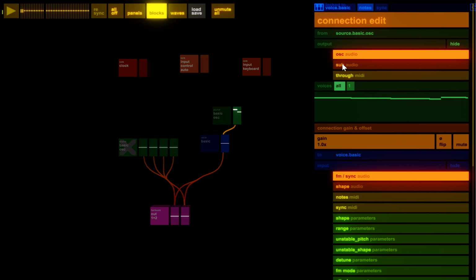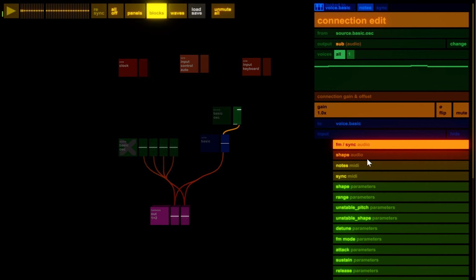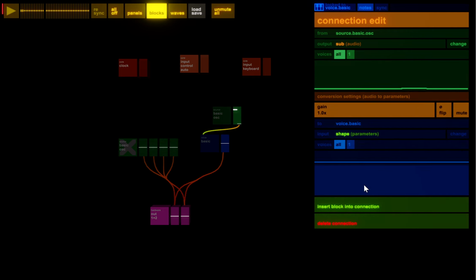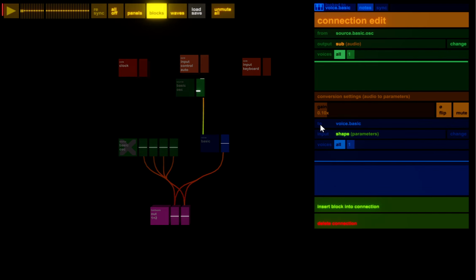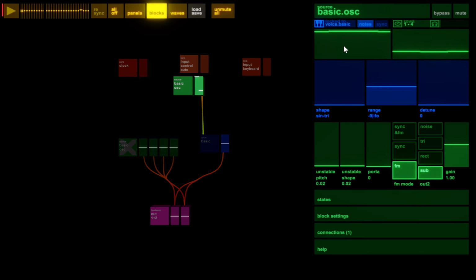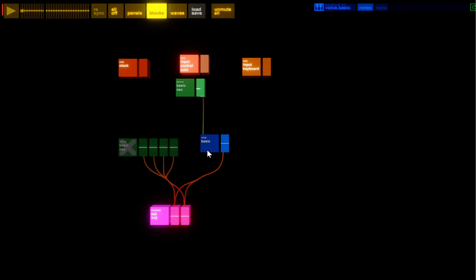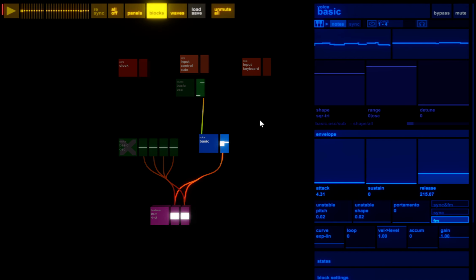Let's take the sub out of this LFO and show you that you can modulate a parameter with it. I've connected it to shape, and then you've got a scale, so you can scale that modulation there. If you click it, it takes you back into there. If I click this, that'll take you into it. You can kind of navigate the tree of stuff by clicking through. Anyway, let's get back to here. So now,